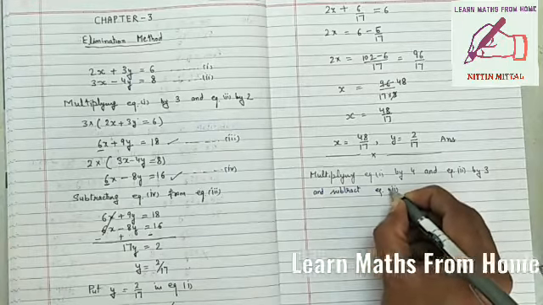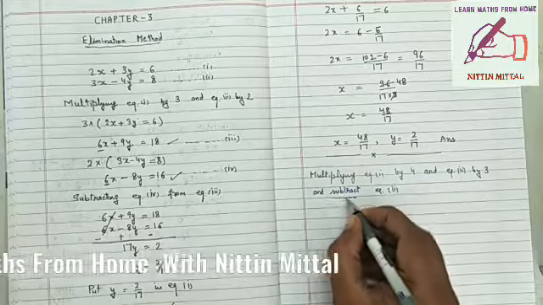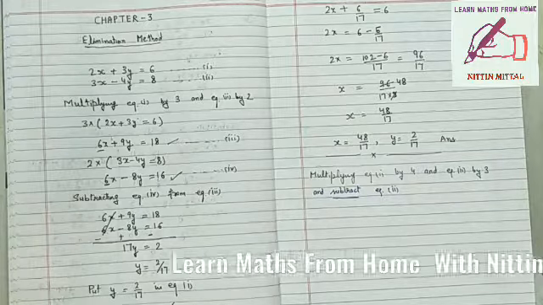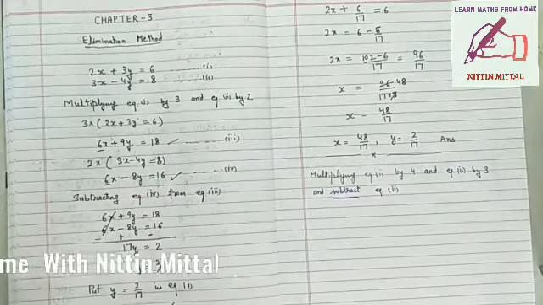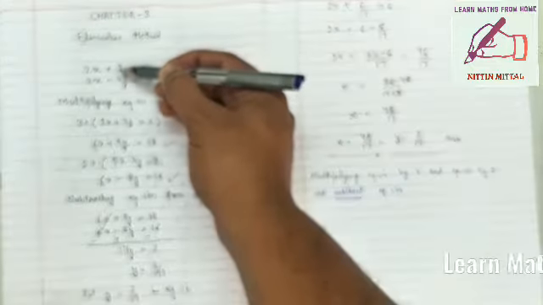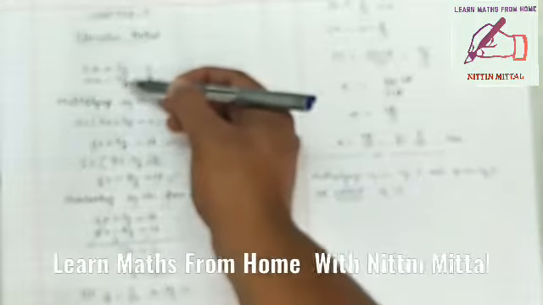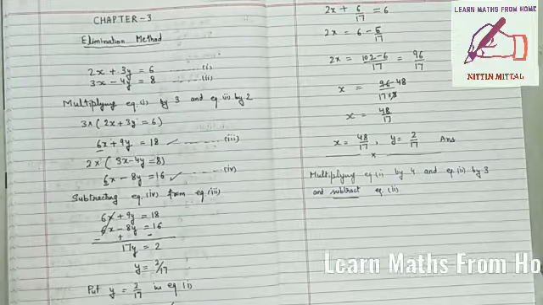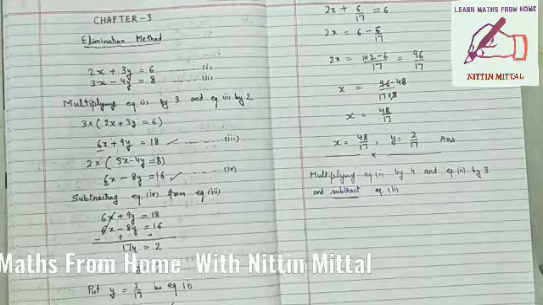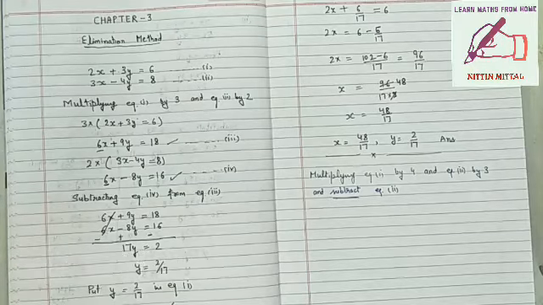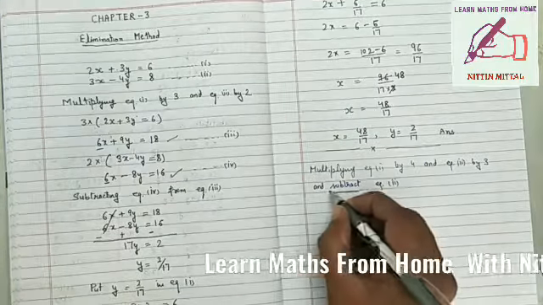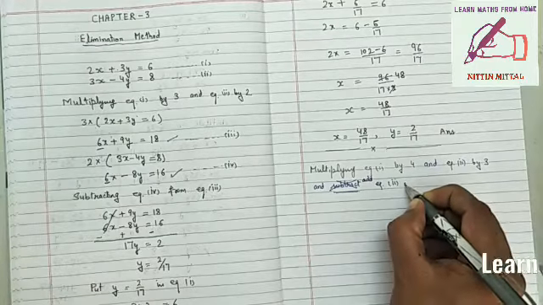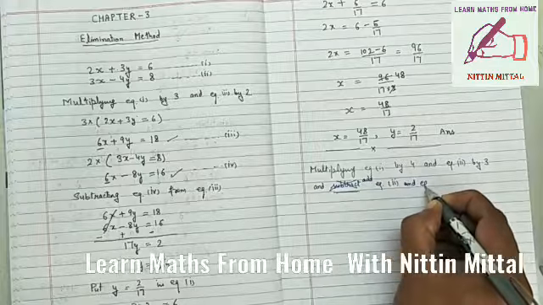equation 2 from. Now here the question is, are we supposed to subtract? No, not every time we need to subtract. We have to check the signs of the coefficient that we want to eliminate. And if you see here, in first equation sign of y is plus, and in second equation it is minus. It is already opposite. When the signs are already opposite, friends, you need not to subtract. You should add. So we will add here, not subtract. We'll write and add equation 2 and equation 1.